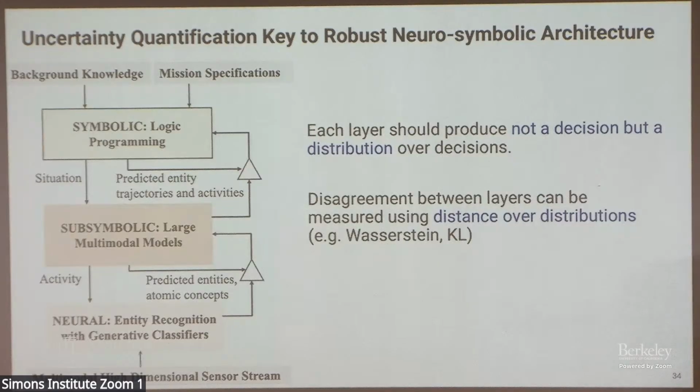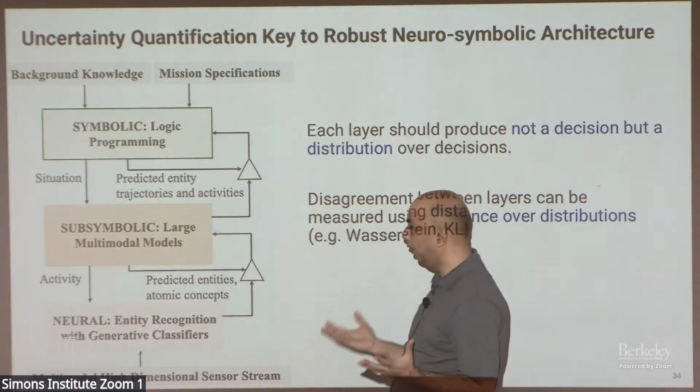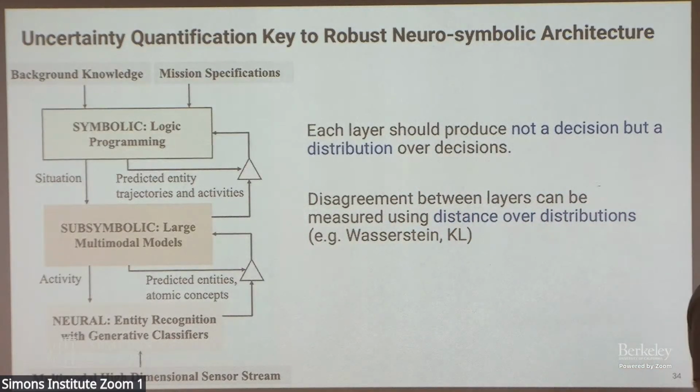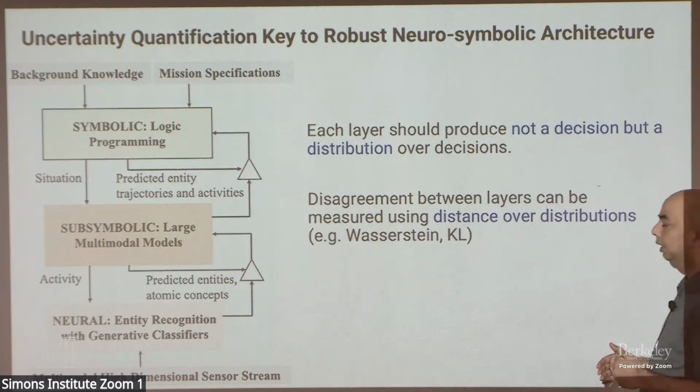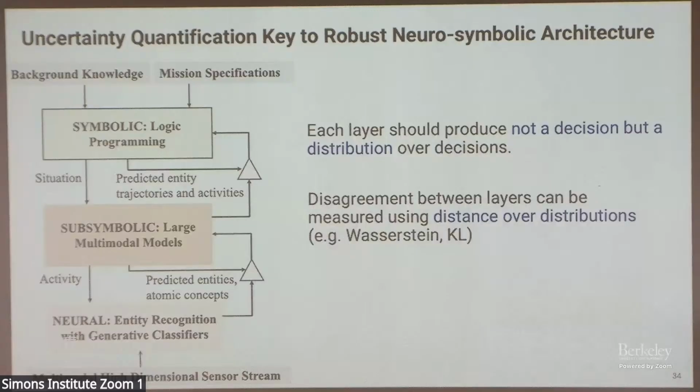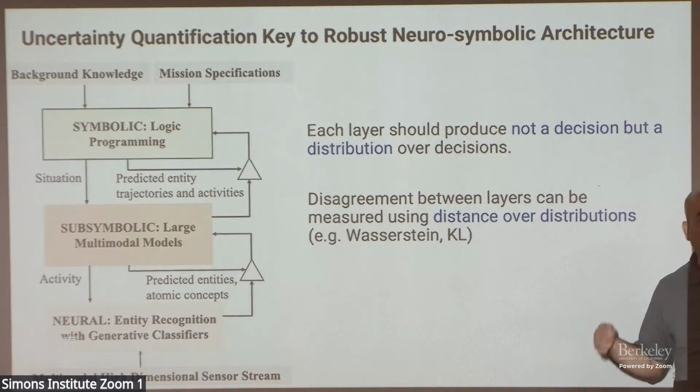What I presented to you was how we take the overall cognition problem and break it into something inspired by predictive processing, with three layers which capture the problem at different abstraction levels. What we realized is that for each of these layers to be effective, quantifying the uncertainty of their predictions is very important. Looking at the mismatch between their confidence across these layers gives us a single confidence score for the overall cognition architecture. This makes it much more robust when we deploy it in novel environments. As the questions from JD emphasized, this is more of a runtime composition. We don't currently utilize surprise to train these different layers.